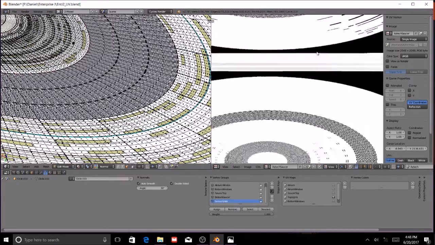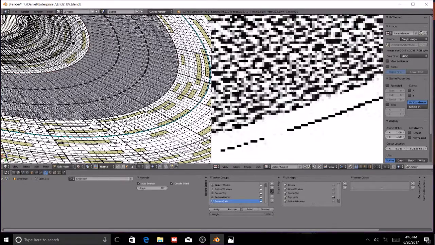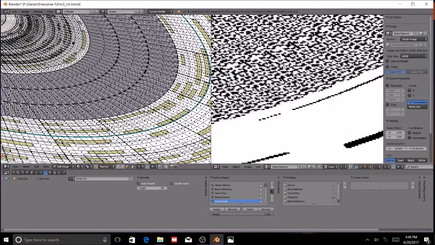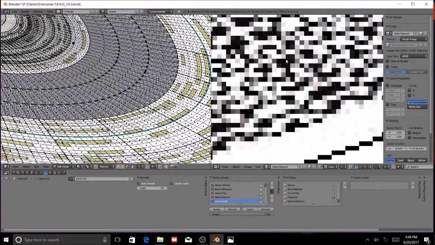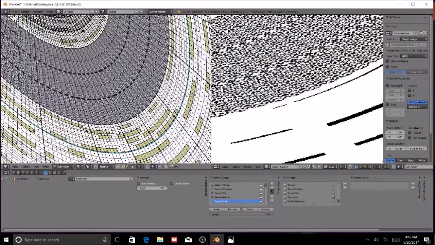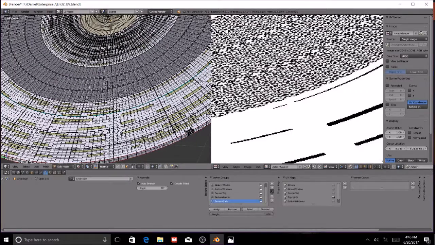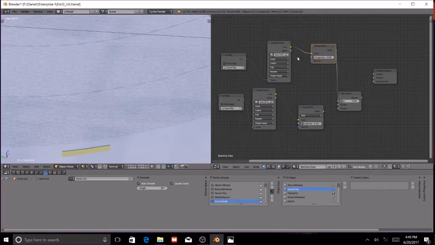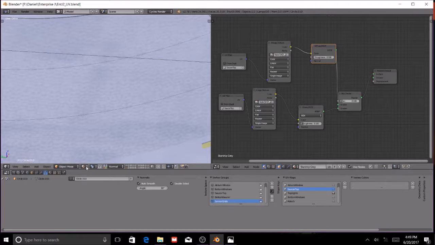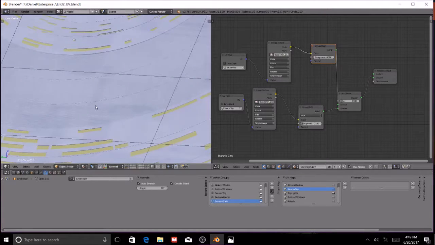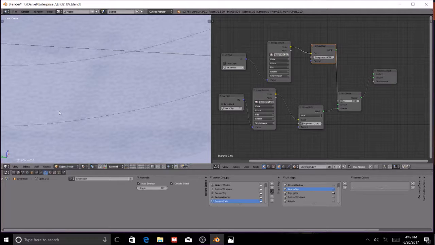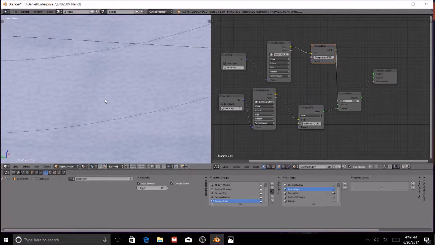Now, the downside to this is that if we zoom in here, we don't have a lot of detail, but that's okay. That lack of detail still translates to a pretty decent looking specular map that we see on this. Let me go ahead and pull that up and we'll see what that looks like. Okay, I moved everything around, and in the material tab or the material view, you can see kind of what that design starts to look like. And if we go ahead and render that,